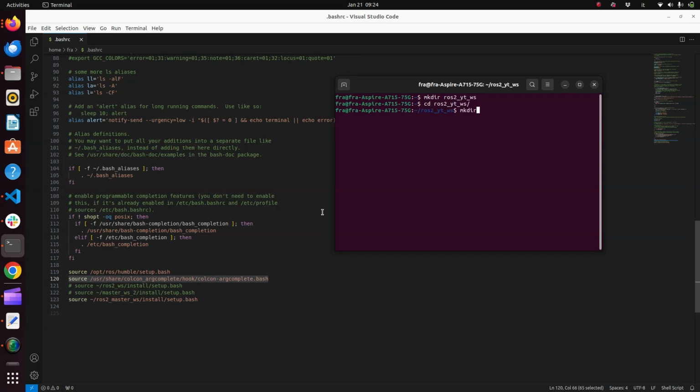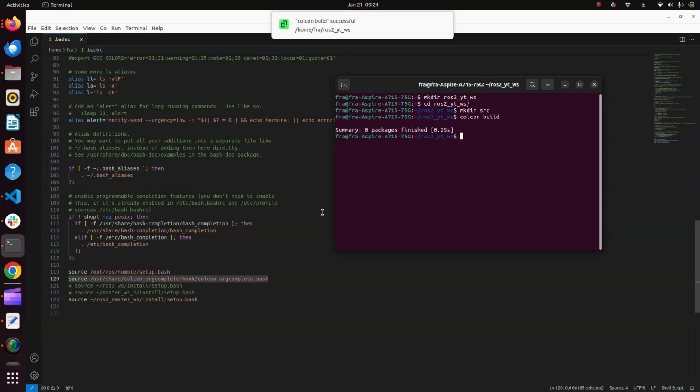And create another folder, src. Okay, then run colcon build. There we go. So since we have created our workspace, in order to work with it, I will really recommend you to go inside your bashrc file and source the setup.bash file of this